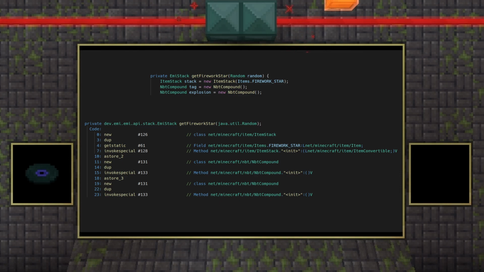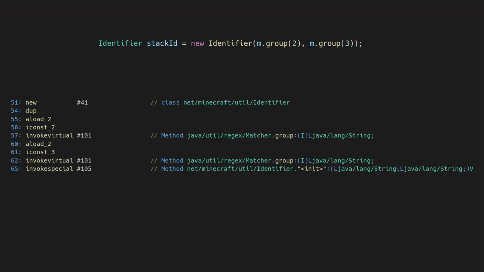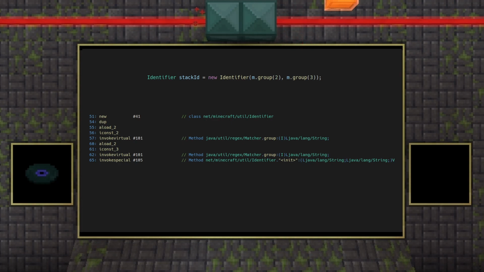Okay, so let's just add a special invoke target type. I can already pick what type of invoke I want to do. Let's just make one that does this new behavior for new. When I was describing this process earlier, you may have noticed that the parameters were put on the stack after calling new and dupe. If I'm going to be replacing the bytecode for a normal method with a new, I need to put those new and dupe opcodes before the first parameter on the stack. And that is actually pretty difficult.